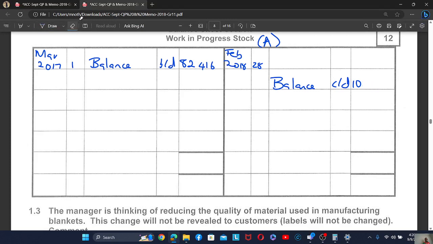It's 103,590. Okay. And then in the work in process,